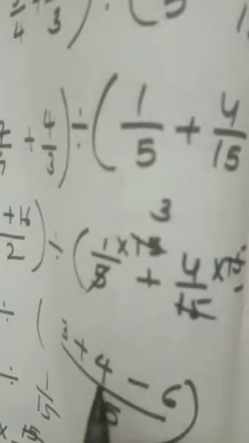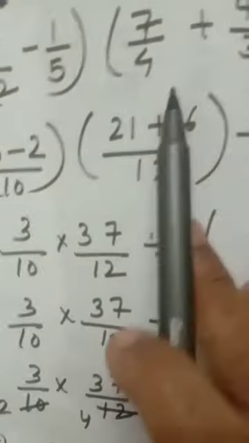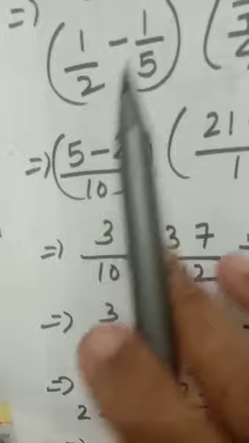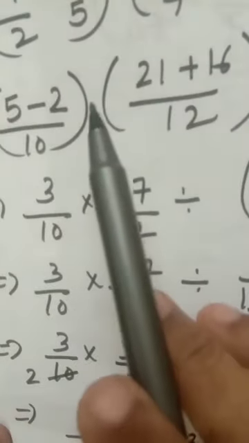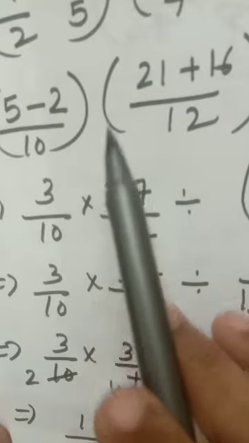This one 15, see, addition and subtraction sign, so you have to make the denominator equal. So I taken 15, you can take as LCM and multiply with the 15 each time. Cut out, see, 15 and cutting. Okay, you will get division. Here also same, addition, cross multiplied. Here also cross multiplied, 3 by 10. See, in between brackets no sign is there, that meaning multiplication only. Brackets only, that meaning multiplication.